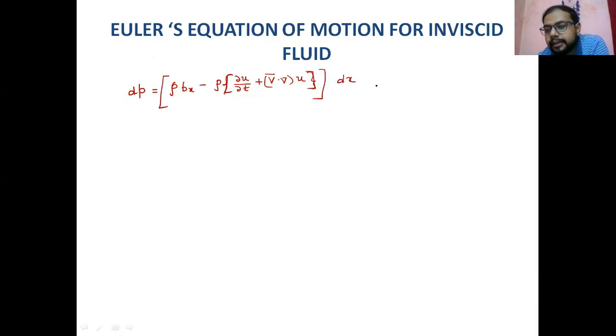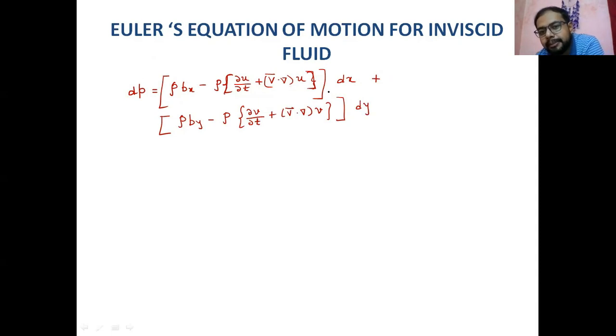The first term is like that. What would be the second term? In the same way, rho by minus rho del v del t plus V dot del v, into dy. We are just putting here del P del x, del P del y, and del P del z. And the same way, rho bz minus